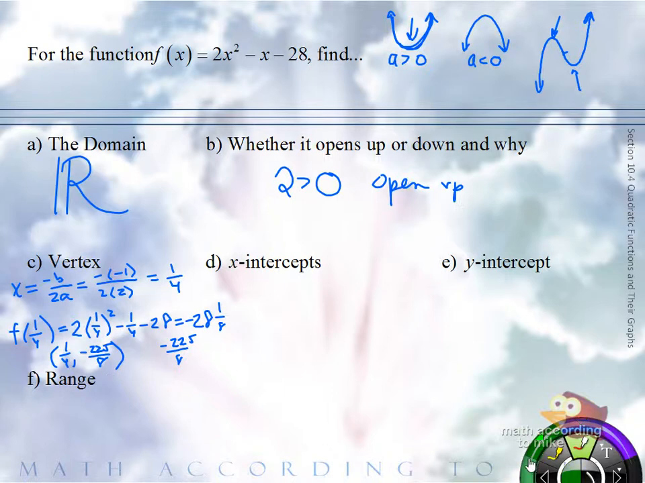D, x-intercepts. X-intercepts occur when, so what does that mean in terms of the coordinates? Because every point on the x-axis has a y-coordinate of 0. That's why you put in 0 in for y. So if we put in 0 in for y, our y is f of x. We get 2x squared minus x minus 28. Guess what? It factors. If you would factor that,